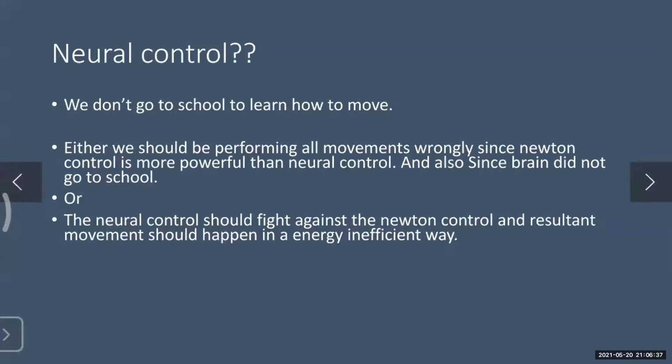So it's fine. Now, the problem is that we don't go to school to learn how to move. To learn the three laws, we need to go to school, and we spend a lot of years till we get it right. But we don't go to school to learn how to move. Only when we start walking do we start going to school. So if that is the case, then we should be performing all movements wrongly,